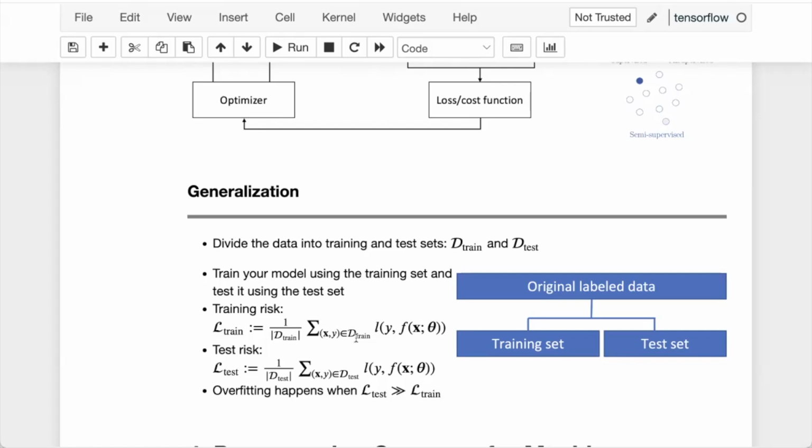But the goal is to find generalizable rules or patterns, and therefore we always need to also have some testing data where we can measure this empirical risk for the testing data as well. And these two should be comparable. And if in some cases you see that this empirical risk computed using the test data is significantly higher than the training data, that's not a good sign because this means that your model is overfitting